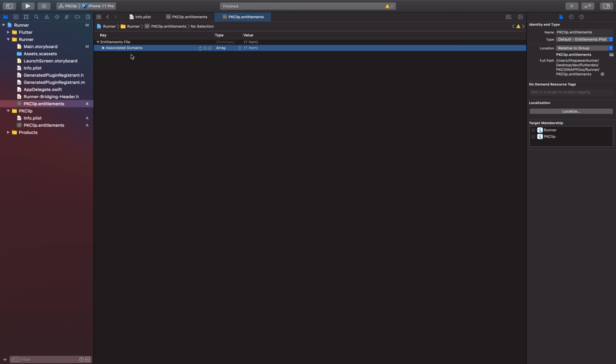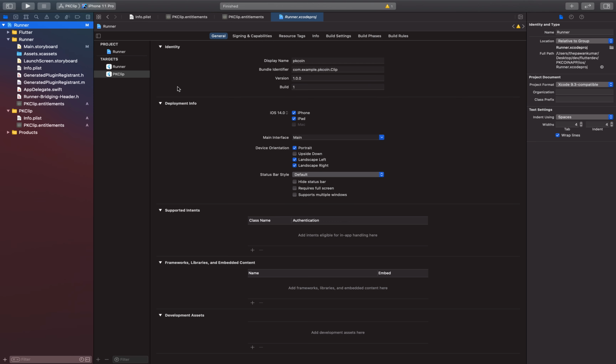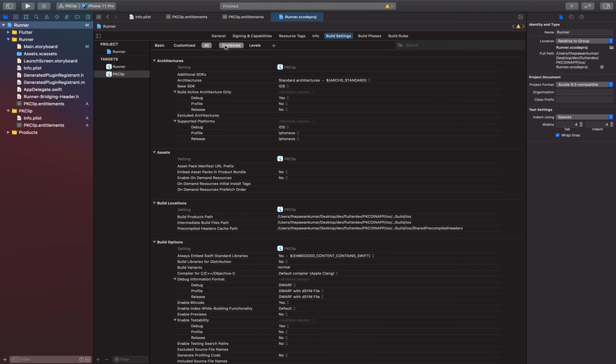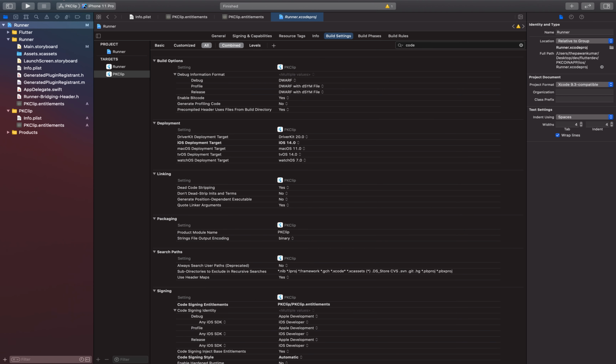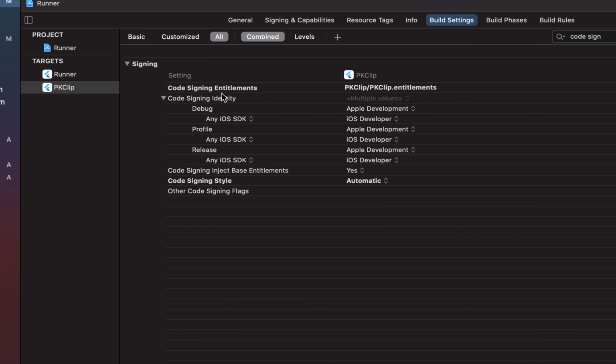That's it. Now once you do that, you have to tell your build settings that this is my entitlement file for the runner app. For pkclip you don't have to do it, but for runner you have to do it. So I'll go to runner and go to build settings, and from here let me just make it combined. From here I can search for code signing. Okay, so you can see I have code signing entitlements.